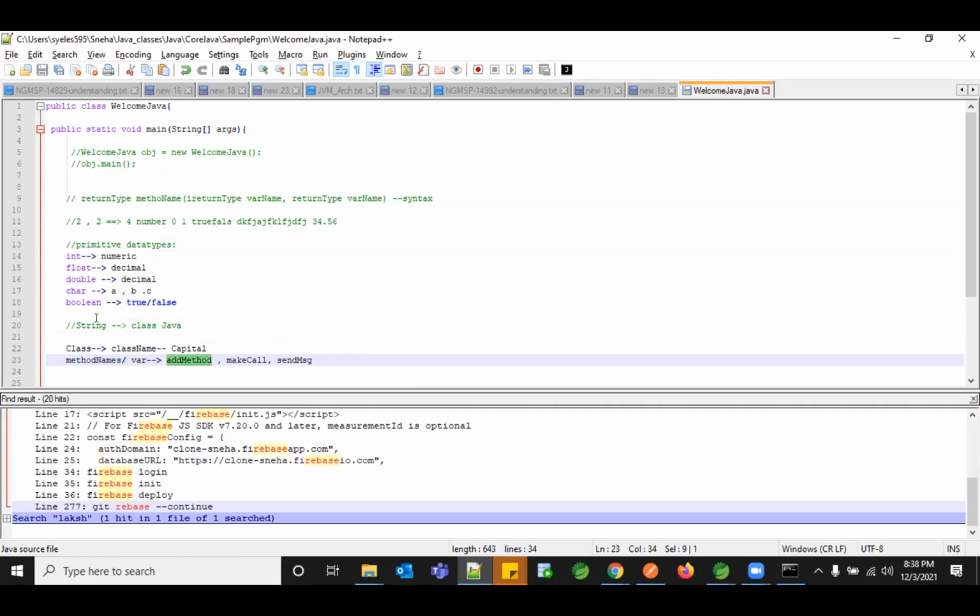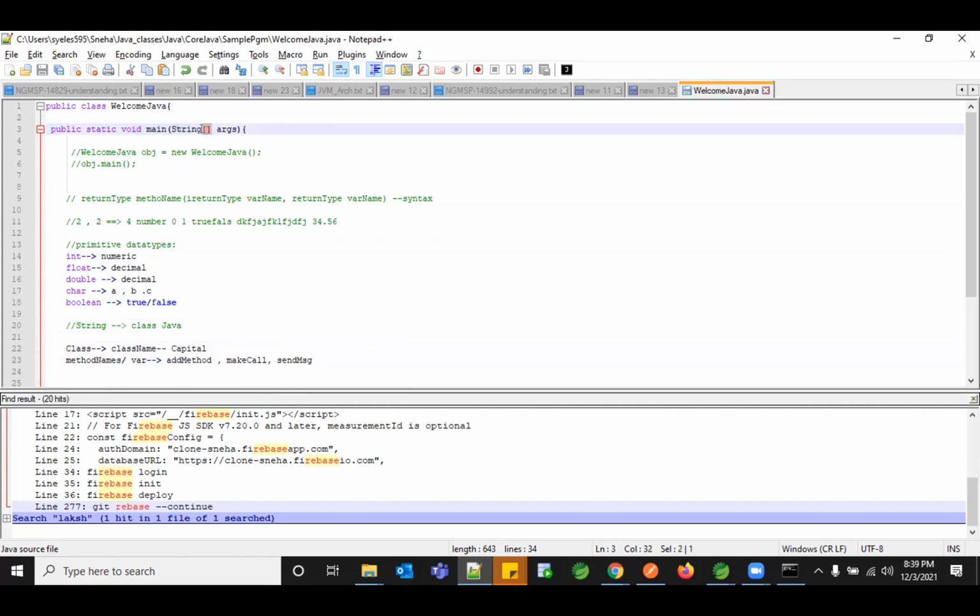And whenever you're writing your classes, they should start with a capital letter. This is the best coding practice for you to start with when you're creating a class. Suppose you have created something in small case, please try to rename it with a capital one. So now you understood why this driver class has these three attributes, and you understood what this string is.